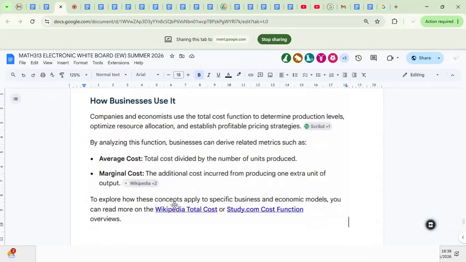And to explore how these concepts apply to specific business and economics models, you can read more on the, as you can see, you can use this information there to learn more about